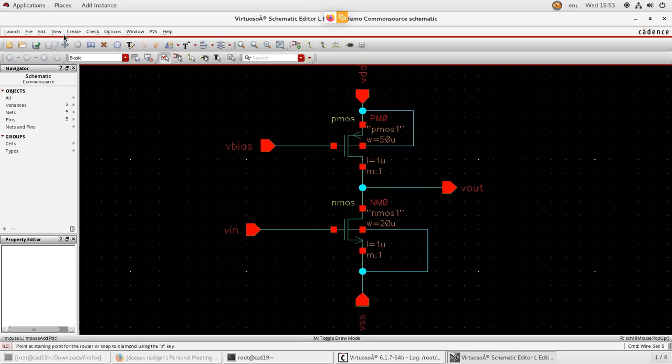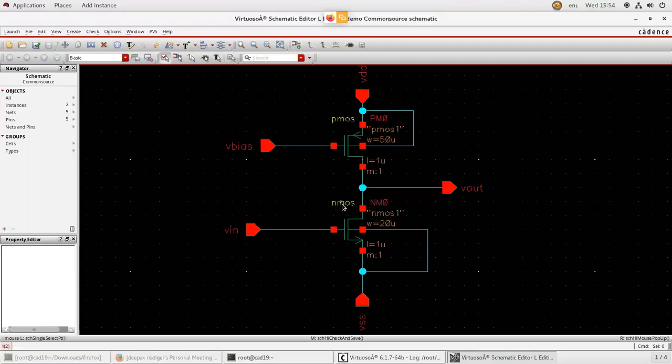Okay, so before taking the symbol, I will tell you why it is called a common source. See here, this is the main transistor. Everything regarding common source will be explained in your regular lab classes, but here I will just tell you why it is called common source. This is the main NMOS transistor for common source. It is going to act just like a current source when we give V bias to this, if it is in the saturation region.